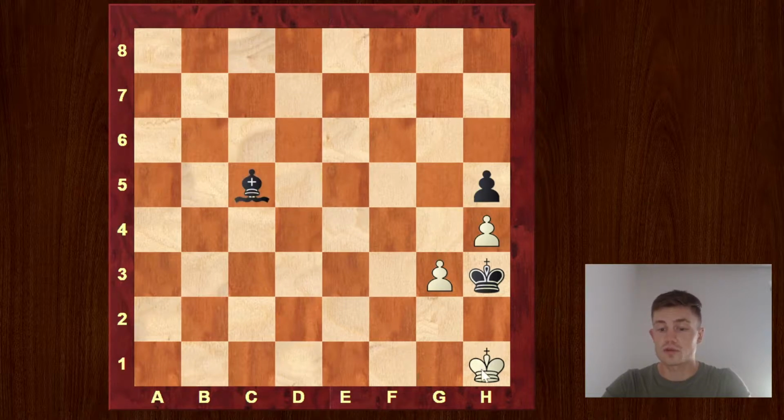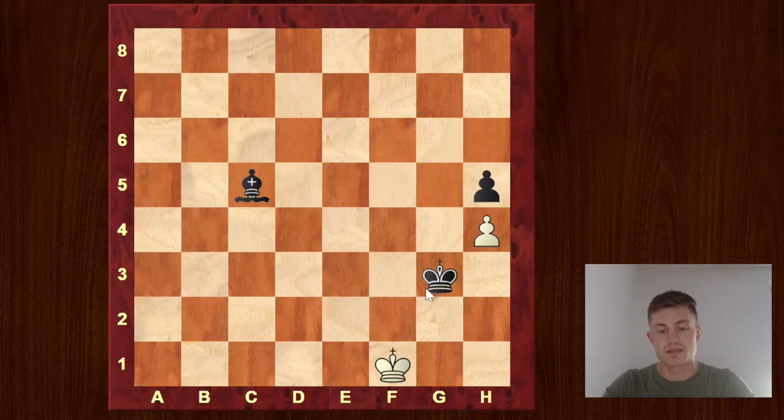And one could of course wonder, okay, if the semi-stalemate is the problem, why not just go to f1? Because on f1 I won't be semi-stalemated. So in this situation, black is actually ready to take the pawn, because the white king just has no way back to the corner,